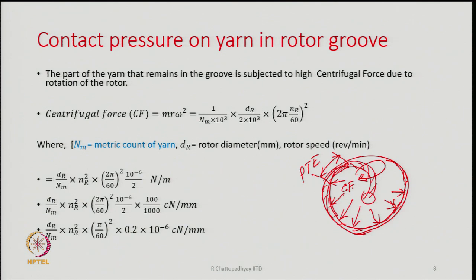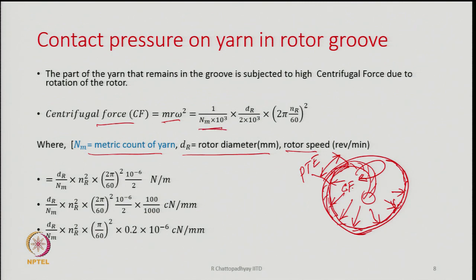against the rotor wall, and frictional resistance is a function of normal force. So, centrifugal force is the source of normal force on the band of fibers. So, how much is the centrifugal force? It is m r omega square, a very standard formula, and if m is the metric count of yarn, dr is the rotor diameter and rotor speed, then the m value